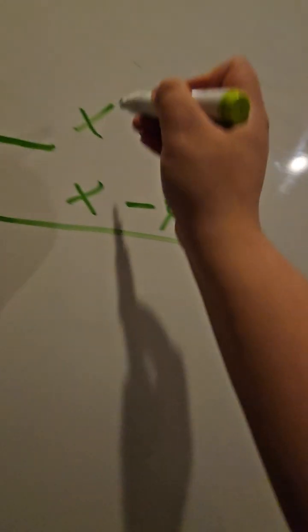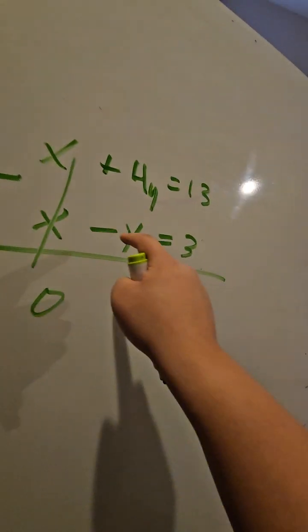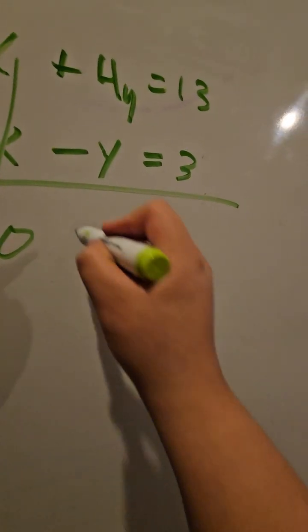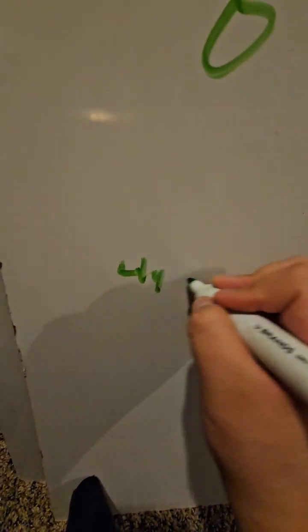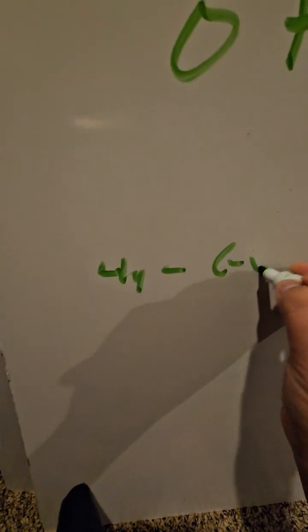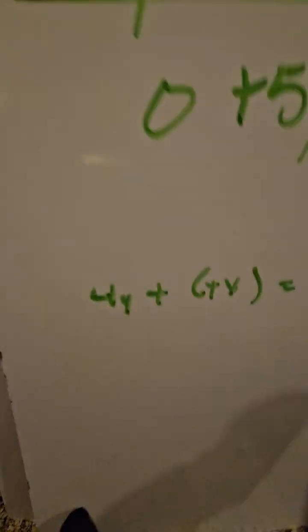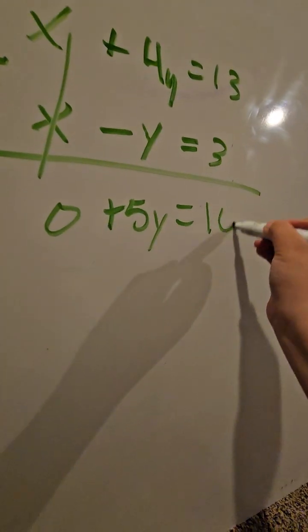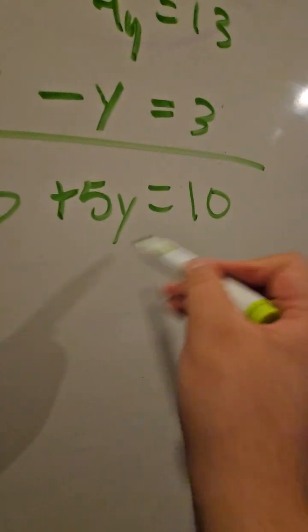So this would cancel out. 0, 4y minus negative y. That would basically mean positive 5y, because 4y minus negative y would just change the signs, right? So it would equal positive 5y. And then 13 minus 3 equals 10. And then you solve for y, so divide by 5,